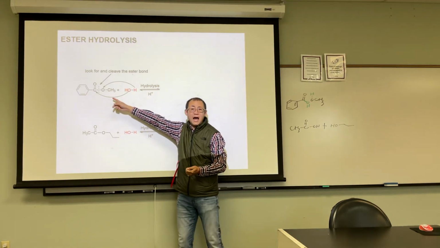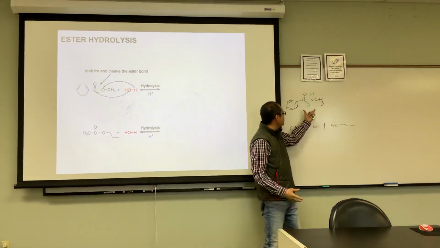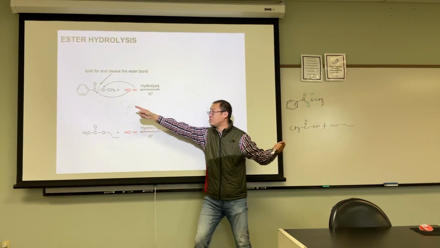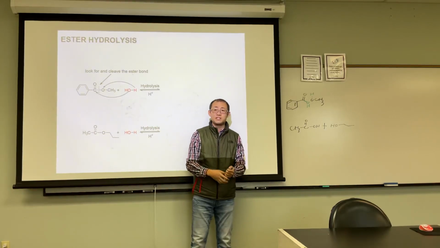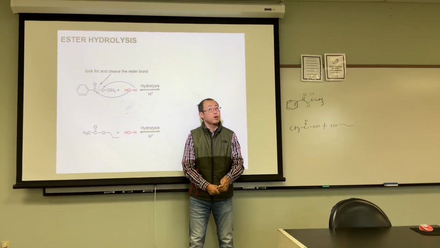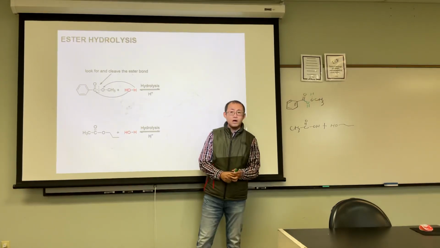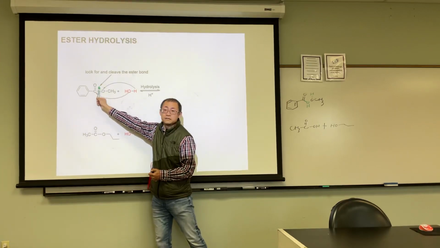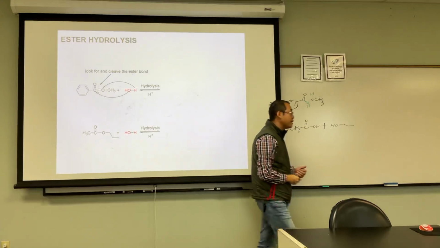If you want to hydrolyze this ester, for example, the products, these two, under this condition, are actually going back to remake the ester. So we always end up with a huge mixture, because you can never go to completion, since the products are going backwards. That's what reversible means. In order to solve the problem, if we really want to hydrolyze an ester completely without worrying about them going backwards, we have a very important reaction,